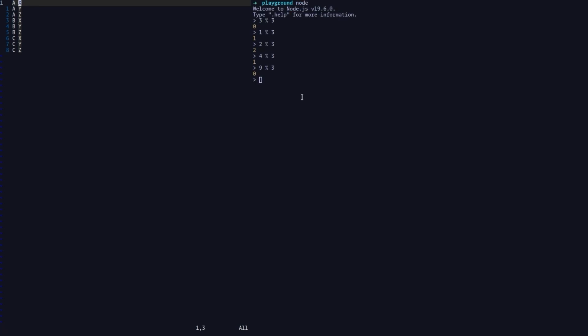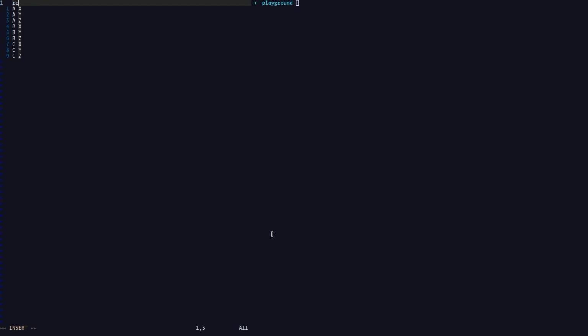Let's create a function that calculates the bonus. Let's say I'm going to call it Bonus, and it needs to start with an uppercase letter. It takes A and B, and it's going to return the following. If A is bigger than B, I lose, and if I lose, I'm going to return 0. Otherwise, if A is smaller than B, that means I win, so I'm going to return 6. Otherwise, I'm going to return 3 because that's a draw.